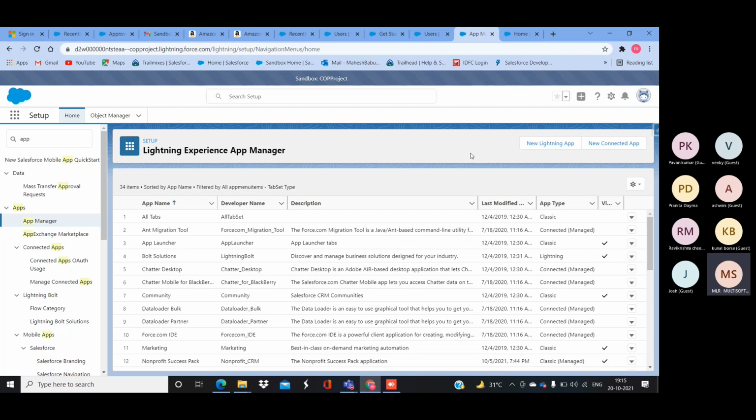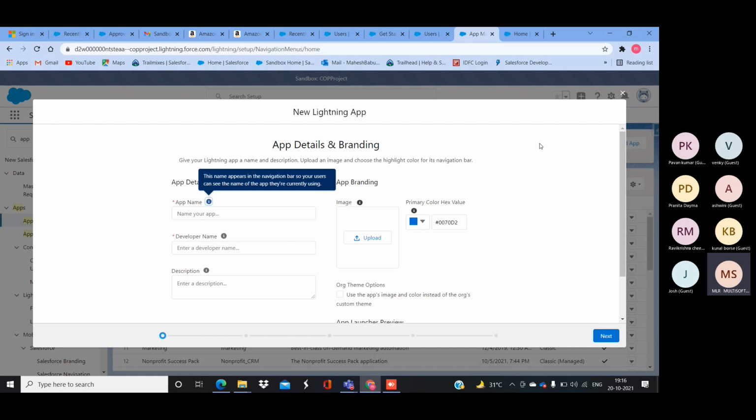Like if you integrate the Salesforce application with a Java application, at that time, if you want to monitor your Java application, we should create the connected app and integrate between Salesforce and Java. Then we can monitor through this connected application only. But now our requirement is to create an internal application only, a Salesforce application only. So that's the reason I'm going to create a Lightning app. If I click on the new Lightning app button,